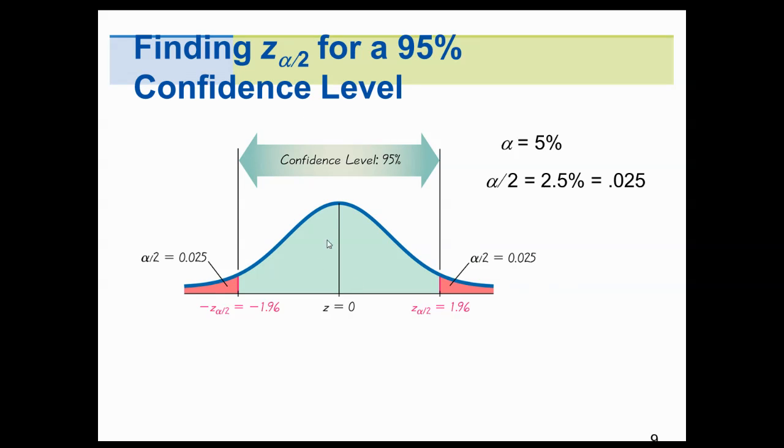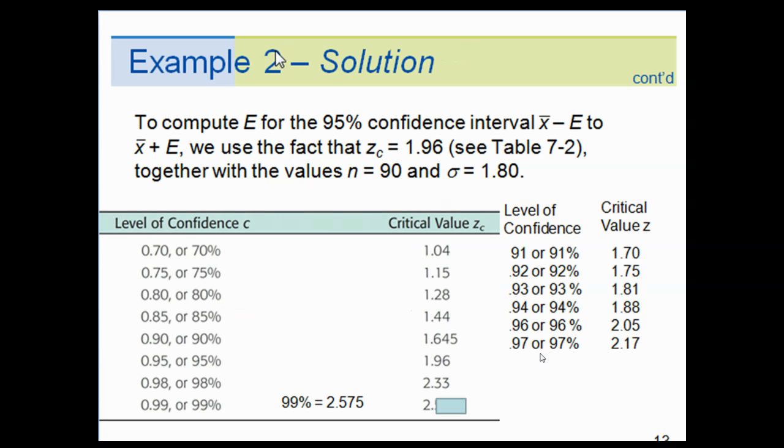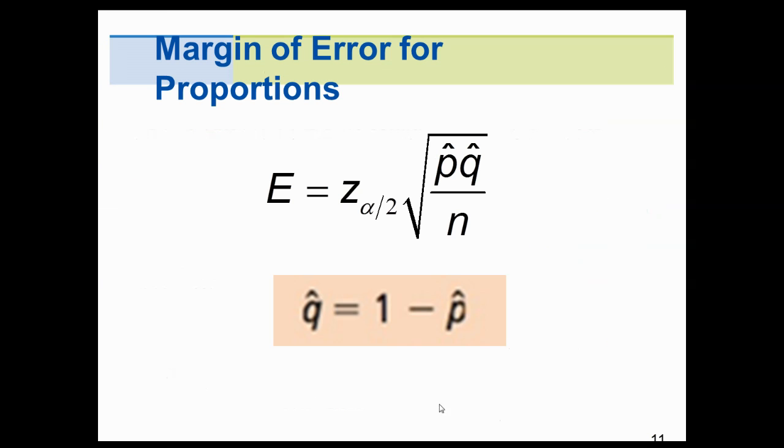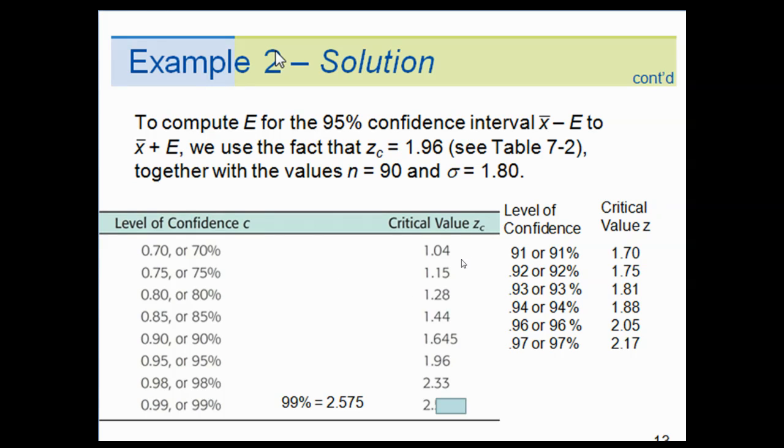All right, so this goes back to, how do you find these critical values? We did this back in 7.1. I flat out gave it to you. If you're looking for a 95% confidence level, your critical value, your z-score, is 1.96. We know how to do that. And there's this magic slide that I'm talking about. Let me go back to it. These are the 14 that I'm giving you. This little rectangle should have been slid over. For 99%, you're using 2.575. This should have been slid over to hide that. And then there are 6 more given to you there. Make sure you have this because you're going to need it for 7.1 and for